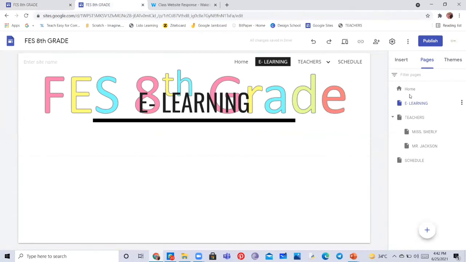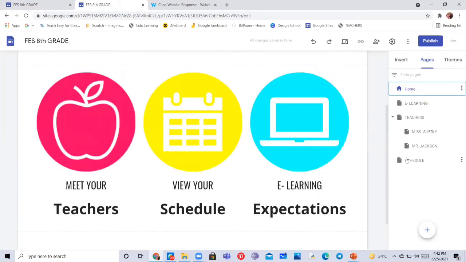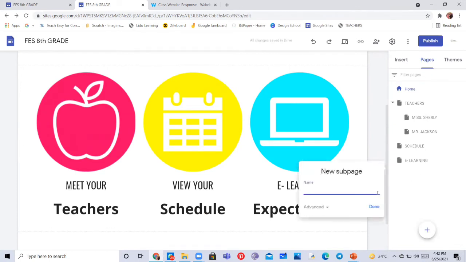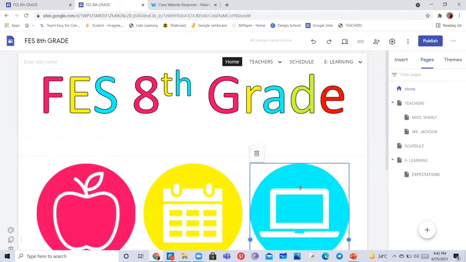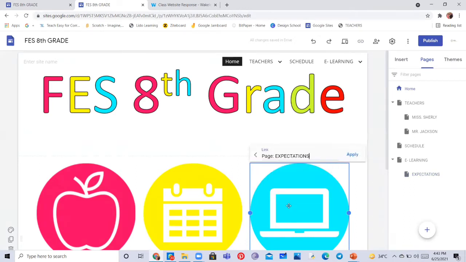Like here we have e-learning expectations. So we are going to go on e-learning, add a sub-page through these three dots, and let it be expectations. Then you can directly link this e-learning expectation to the e-learning expectations sub-page, so that they won't need to go to e-learning to get on the expectations page.